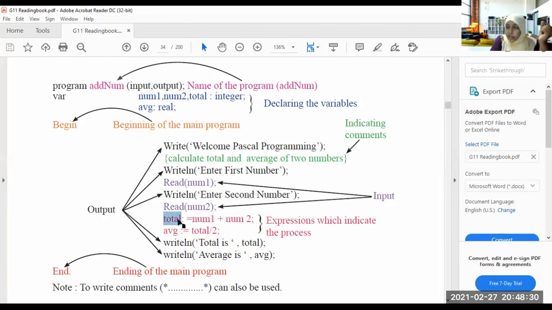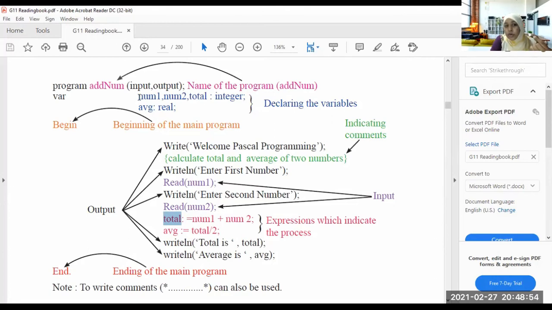If it is written with capital letters, you should write it here as capital letters. Same, okay? Don't you see, the total here, the total here and the total here are the same, right? The 3 totals are the same. So make sure when you declare variables, remember how you wrote the variable here.